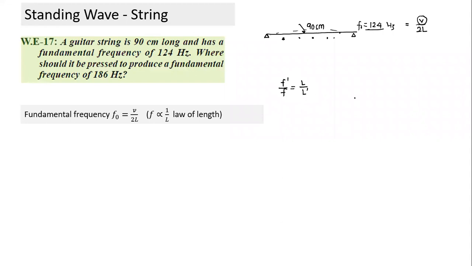Yes, Alan? Sir, when we press it down, won't the tension change, sir? The tension does not change. What we are assuming here is a small change in length, so delta T is much less than the initial tension. And when we vibrate also, as I mentioned earlier, the length of the wire changes slightly. But since these amplitudes are so small, and when you press also the change in length is so small, it does not significantly alter the tension of the wire. So we'll assume the tension to remain constant unless the question mentions otherwise.